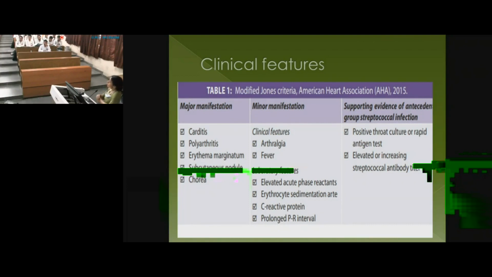So chorea comes usually very late, by the end of 3 months. So by the time you have chorea, you may not be able to get all the other criteria, right? And how does chorea come to you? Suddenly the parents will say, "Doctor, bachcha jo hai bilkul pareshan rehta hai." So you find suddenly he's flinging, he's got emotional lability. The handwriting has deteriorated, right?